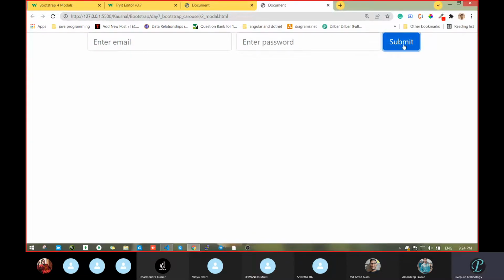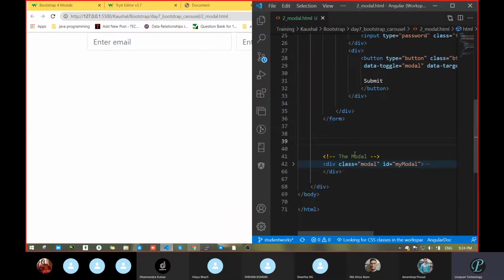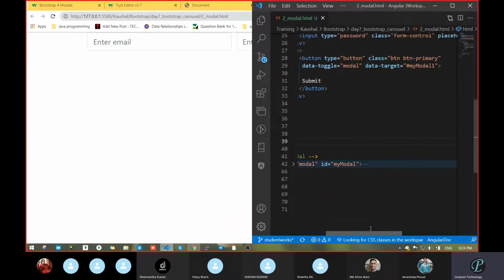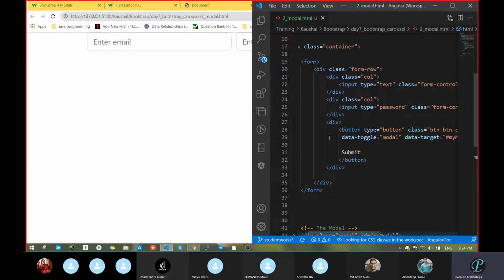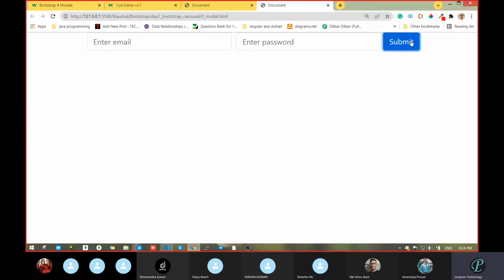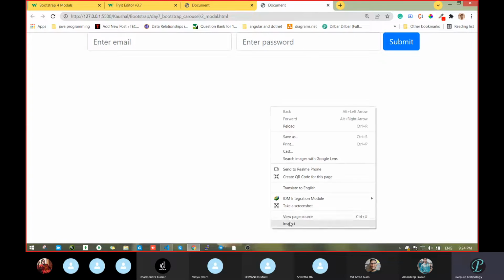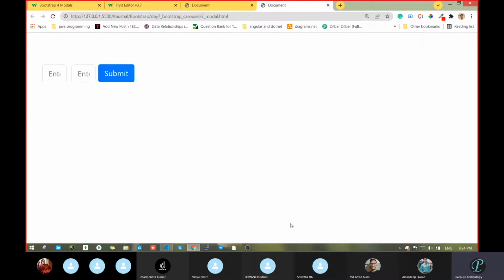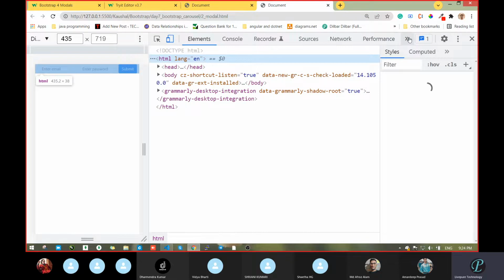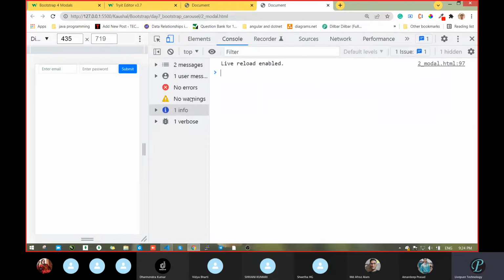So see, now I have renamed the data target value. If I click on this now, it is not targeting. Now check the error in the console, what error we are getting there. Maybe we will get an error or not, let's see. One user warning is there, no error.